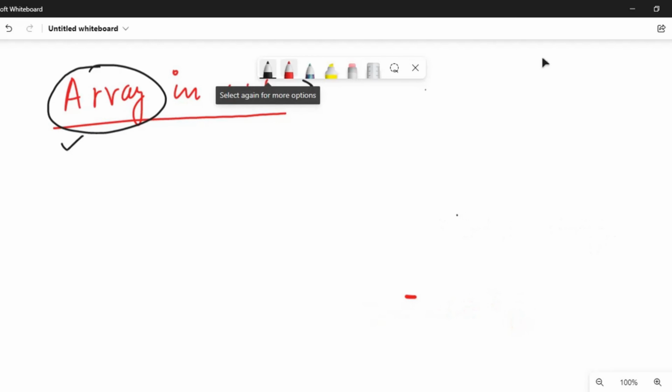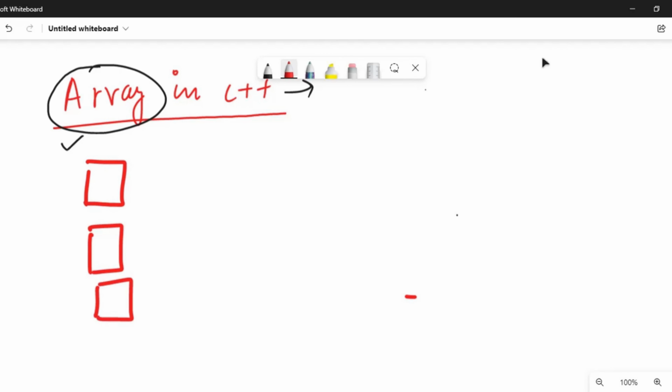So for example, I have the first block, then the second block, and then the third block. The index of the first is 0, the index of the next is 1, and the index of this one is 2. Now coming to the address part of it.